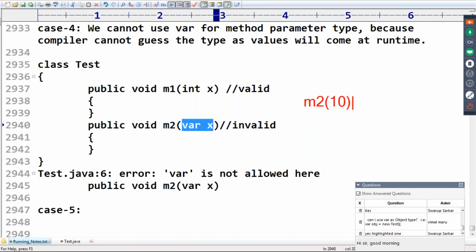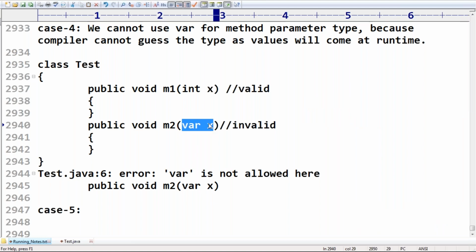Okay, well, but is there any guarantee it is always int type? Now I'm passing, okay, Durga. So at runtime, for this x, multiple possibilities are there. You may pass 10, you may pass a string, you may pass a StringBuffer, you may pass an ArrayList. Okay, multiple options are possible. Then how is the compiler going to decide the type? Because this var should be replaced at compile time only. Even this var should be replaced at compile time only. That's why it is not possible.